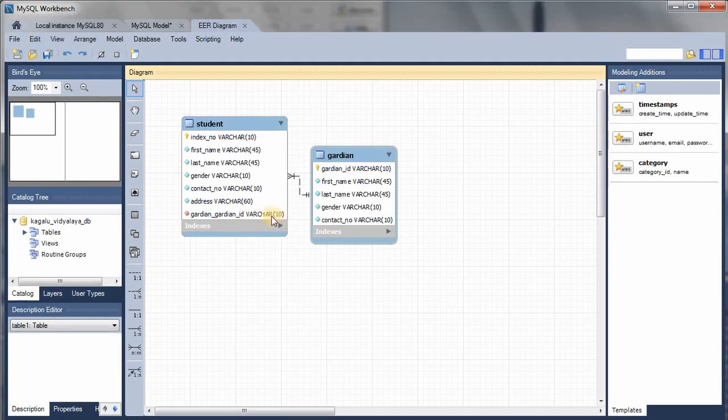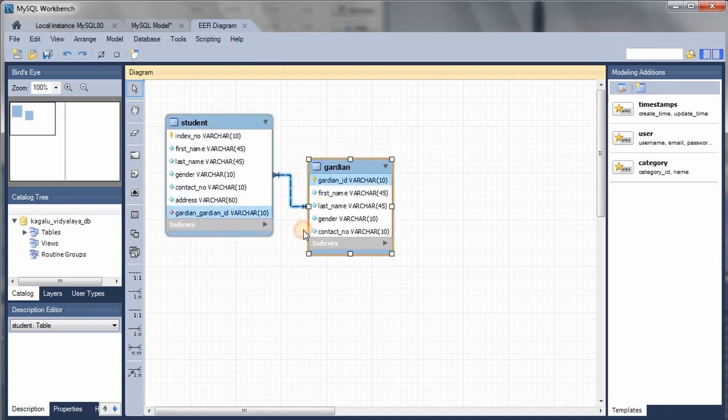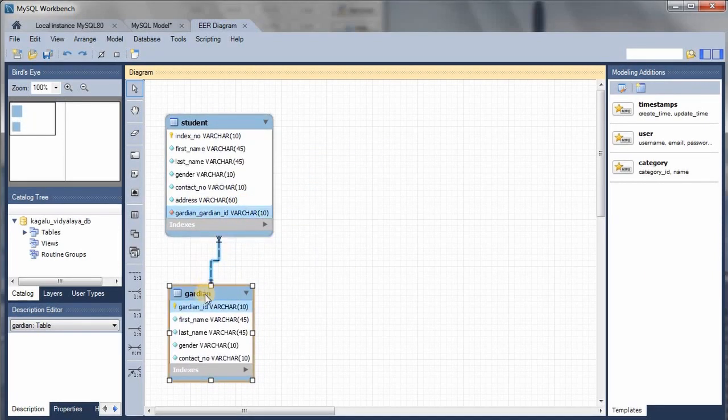You can see the guardian ID automatically added into the student table. So in that way we can identify the student and who his guardian is by this relationship. So here we answered the third part of the question.